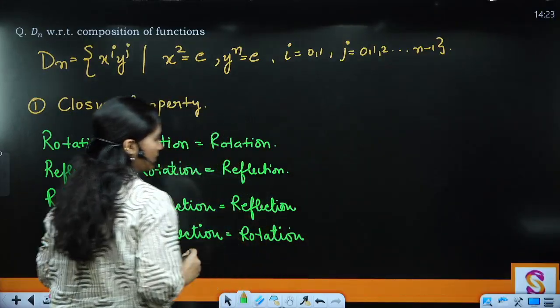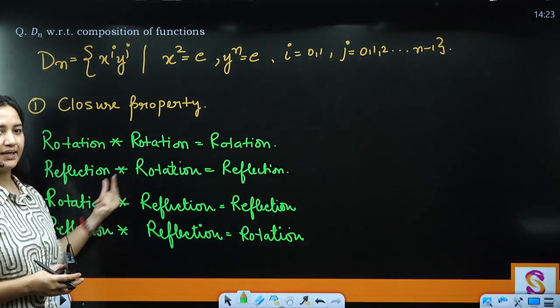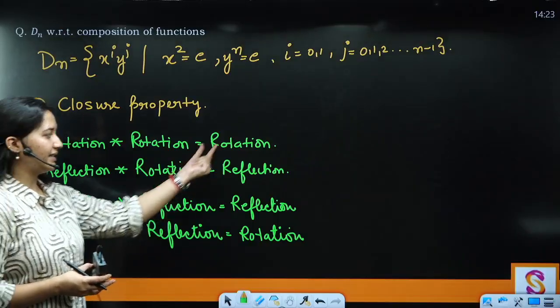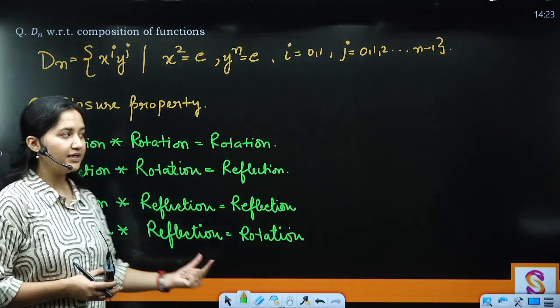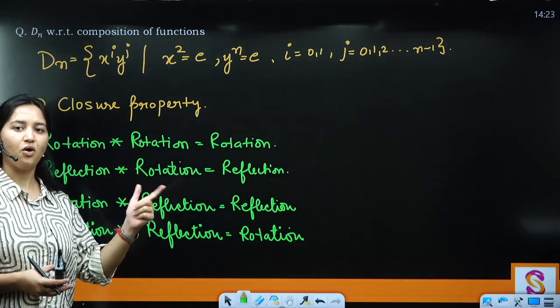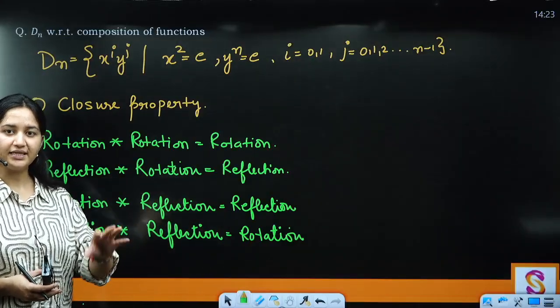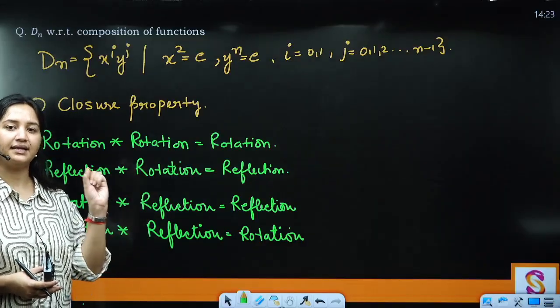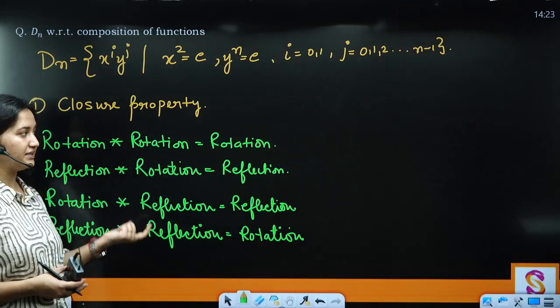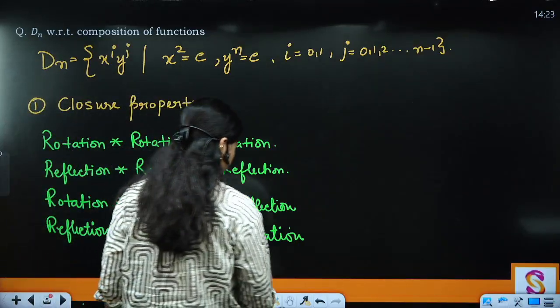Now, what does this mean? This means that whatever type of element you are taking, you are always getting an element of the group itself, right? So from this we can say that if I'm taking an element A of G, and an element B of G, A dot B is always going to lie in the group itself. That means it is going to be closed under the binary operation, right?